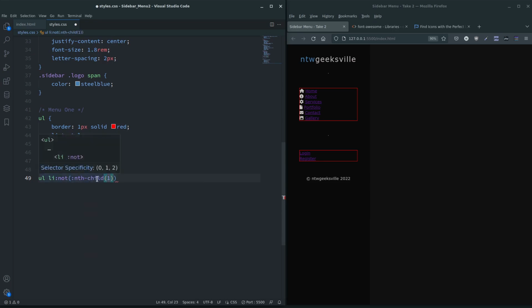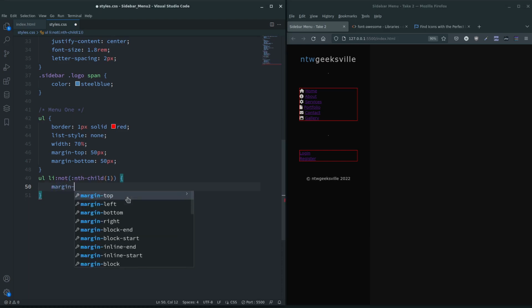So this nth child is saying which number child do you want to affect. But because I'm putting not before, I want to apply it to not this, but all the rest of the LIs, list items. So I'm going to say margin top